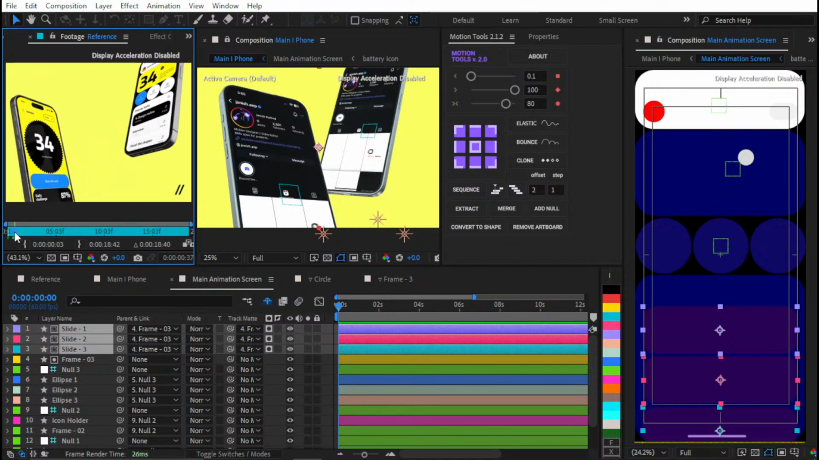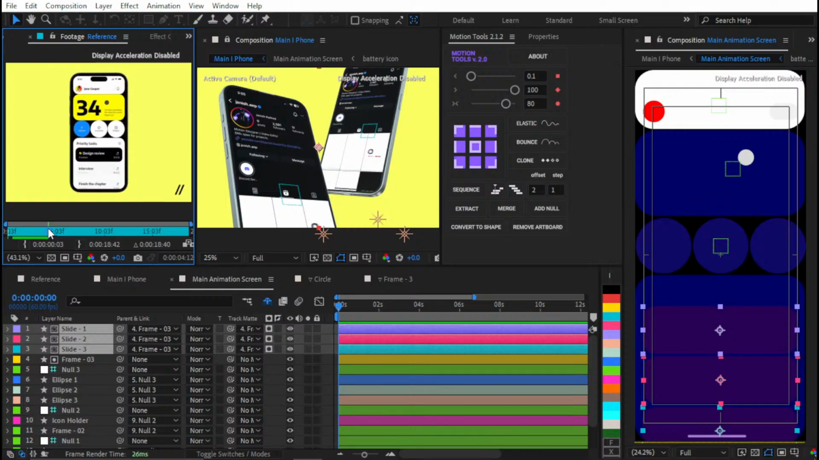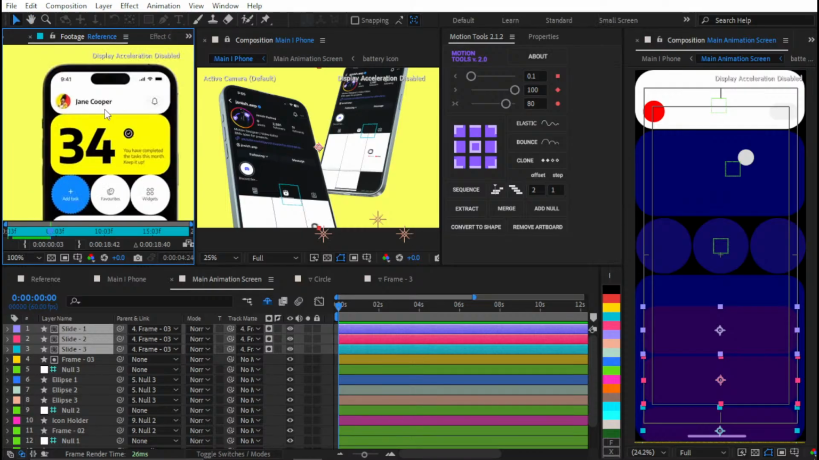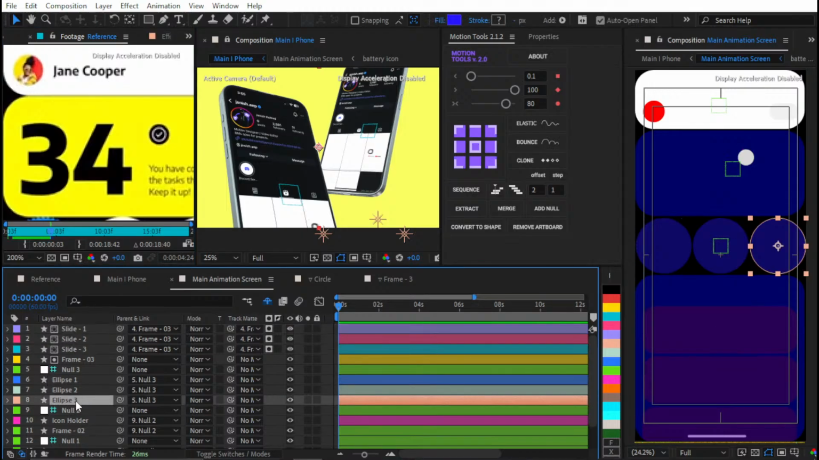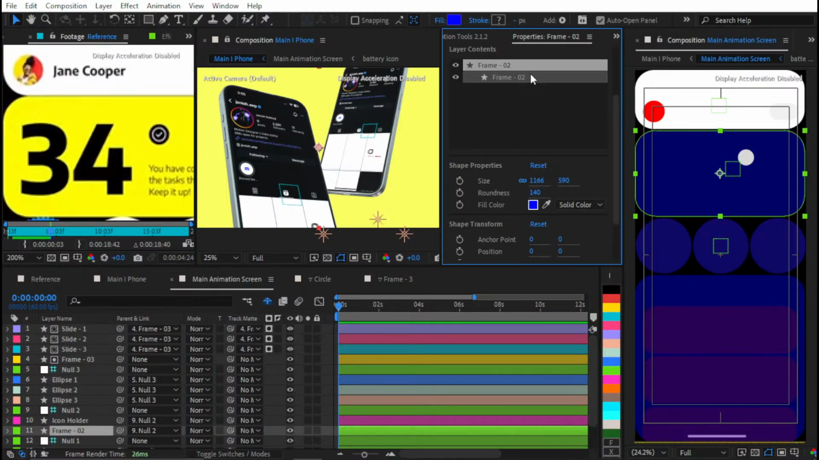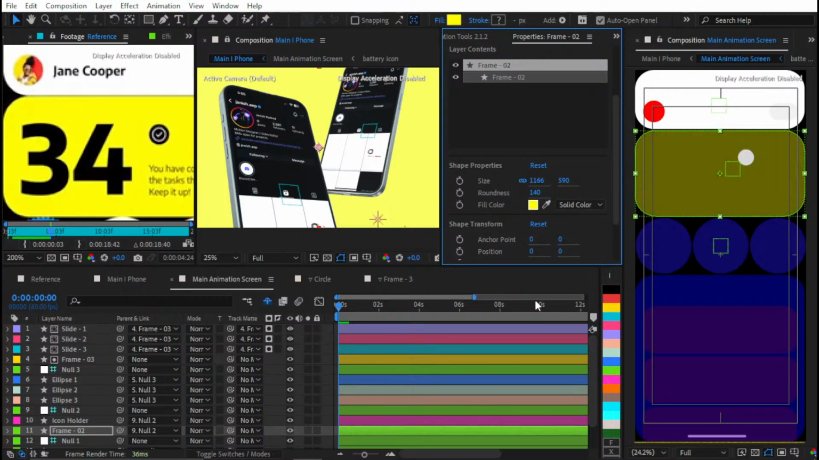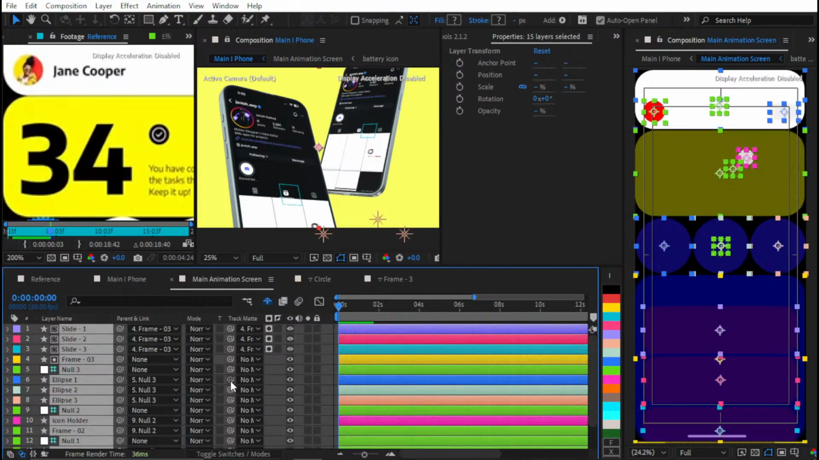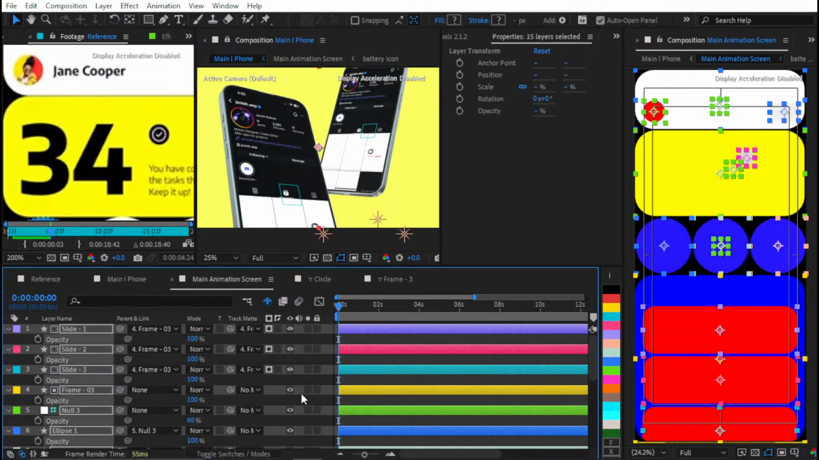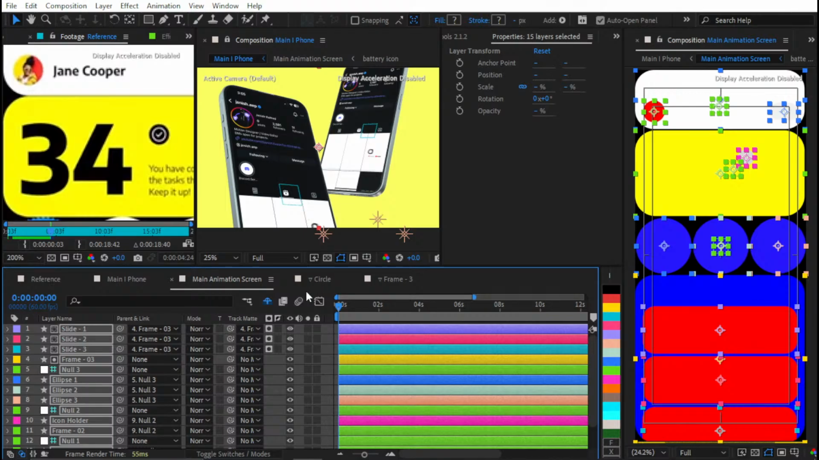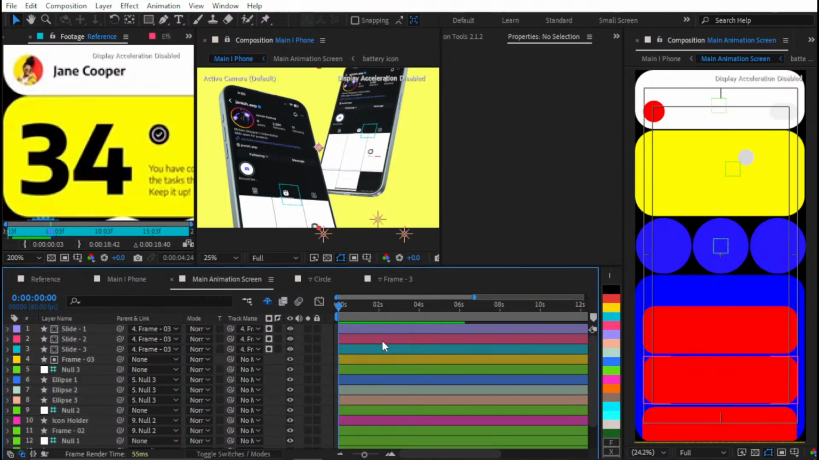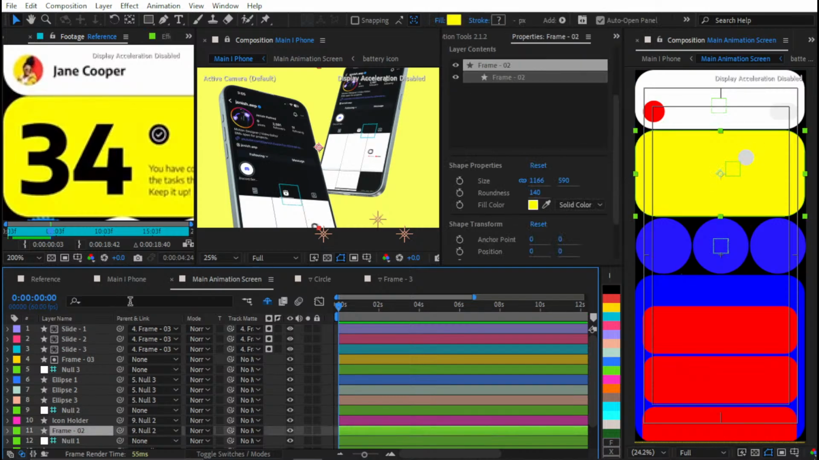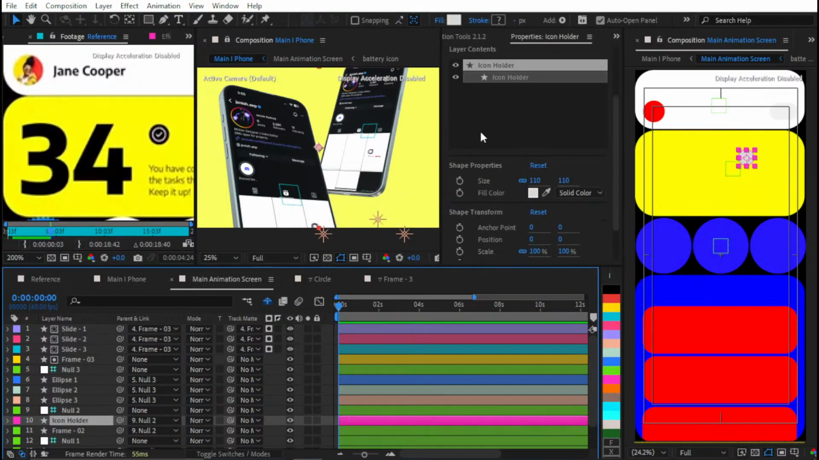Now let's start adding the colors to our frame. You can just zoom in, select frame 2, go to properties, pick up this color, but before that let's increase the opacity of every frame, then hit U, deselect them, select frame 2, now it's yellow, select the icon holder and add this black color,